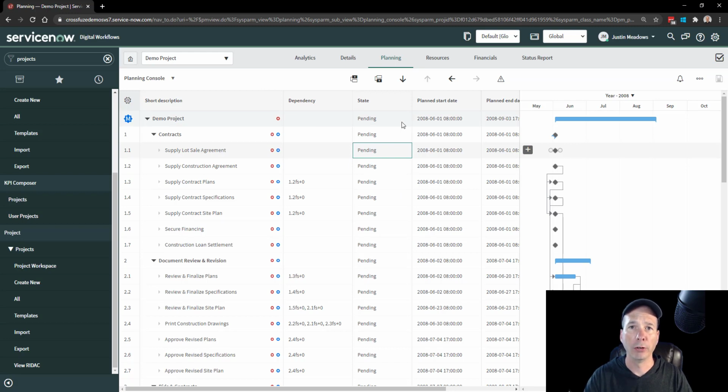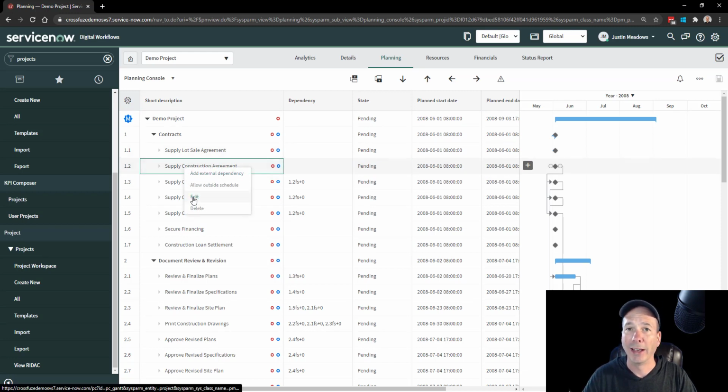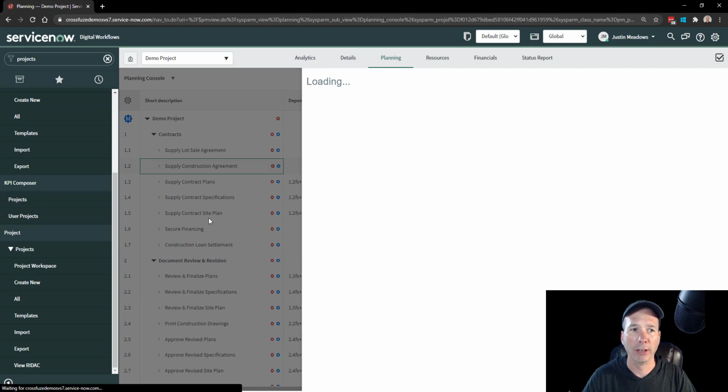Now, this particular environment is set up with the client-side planning console. It is an option in ServiceNow to use client-side or server-side. We recommend client-side. You're going to have a better experience and better performance using the client-side console. It's real quick, easy to edit a task from here, so I can right click and edit a particular task,